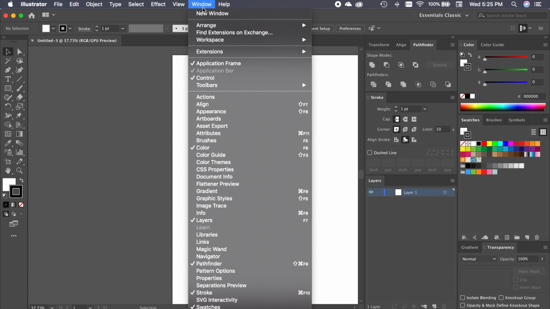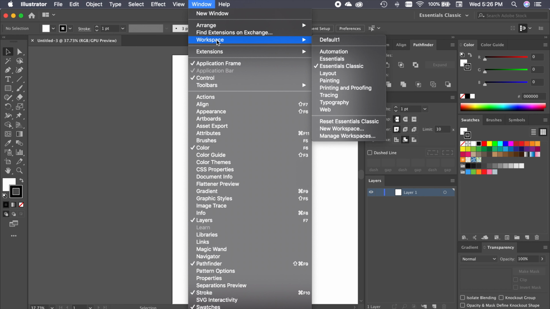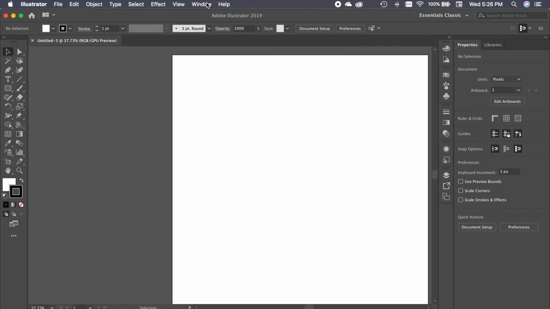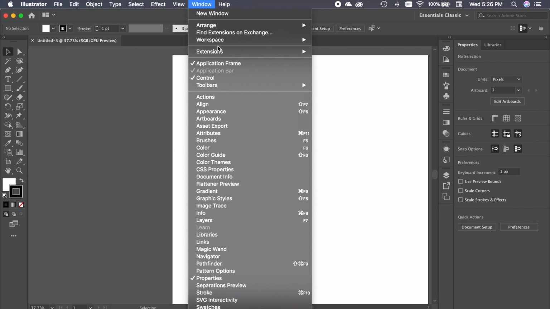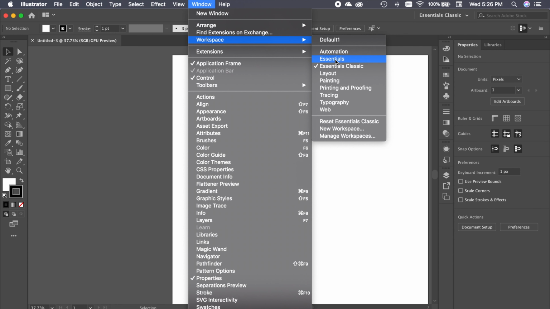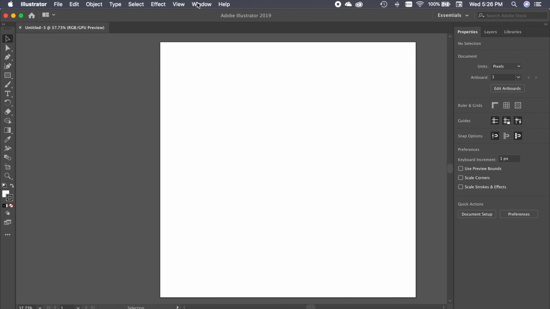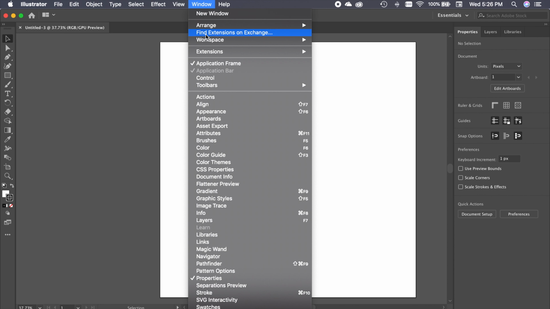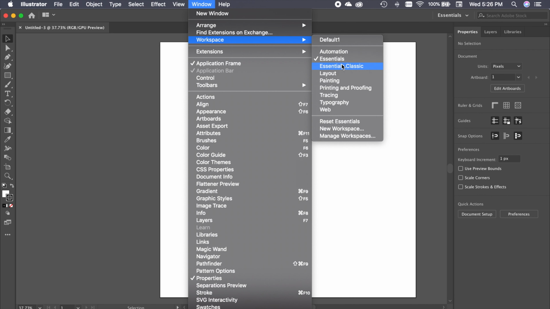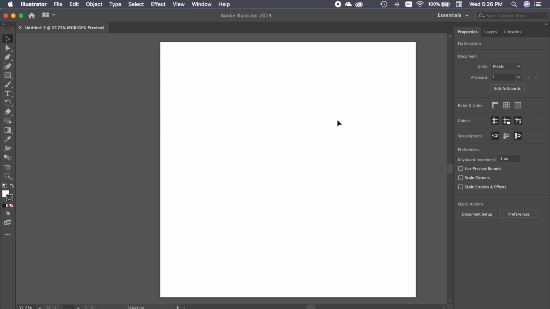and I'm going to go up to my workspace here. I've already got my workspace set up, but it's always a good idea to start by setting up your workspace for whatever task you're going to be working on. Right now, my workspace is in kind of a customized version of Essentials Classic, so I'm going to go ahead and reset Essentials Classic, so it's what you guys will get when you first open Essentials Classic. And I'm also going to go over to Essentials here, because that's actually the default for it to open to. So we go to Workspace, Essentials, and I'm just going to reset it to make sure that it goes back